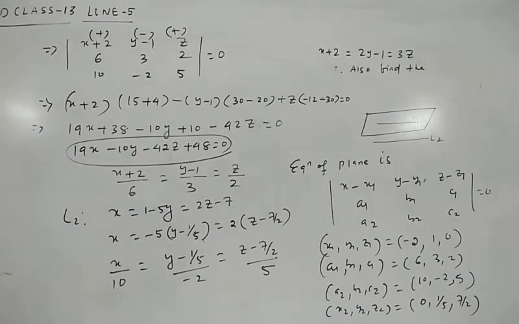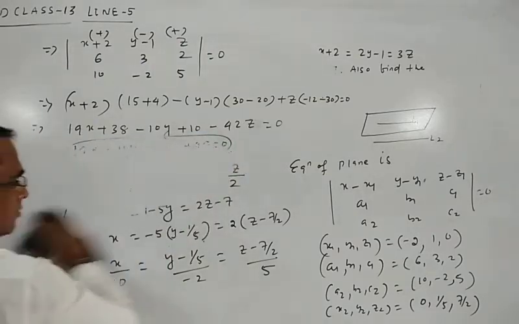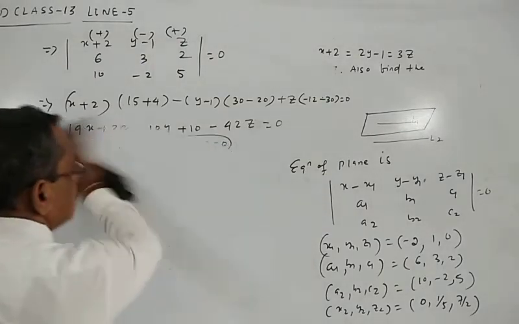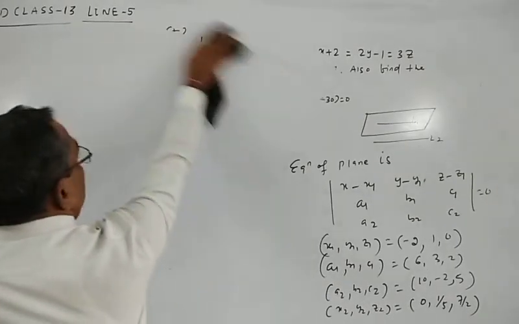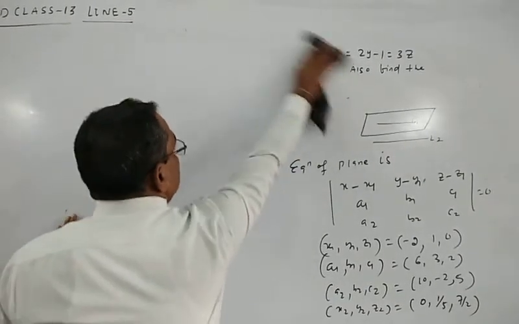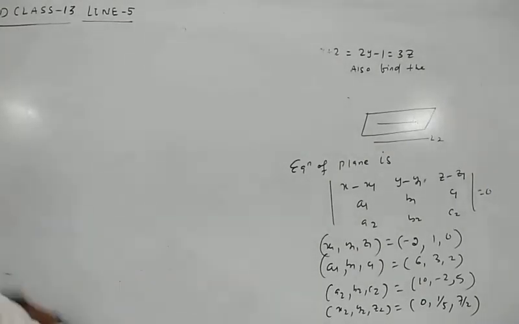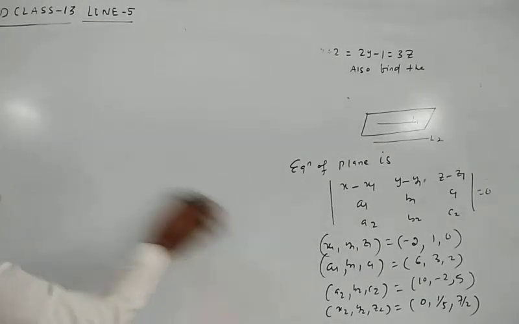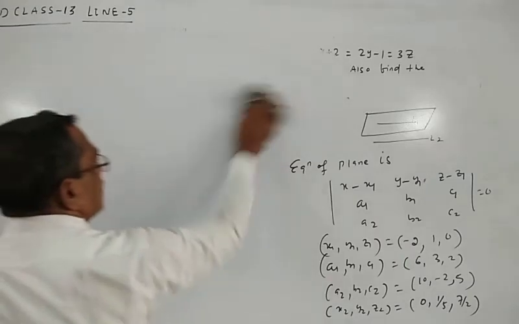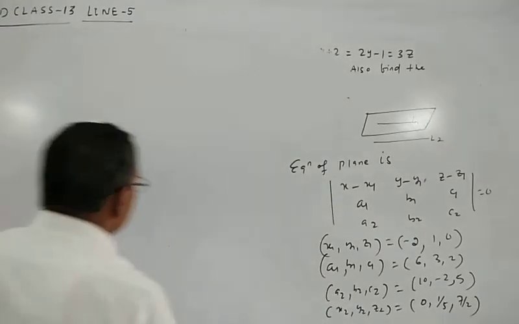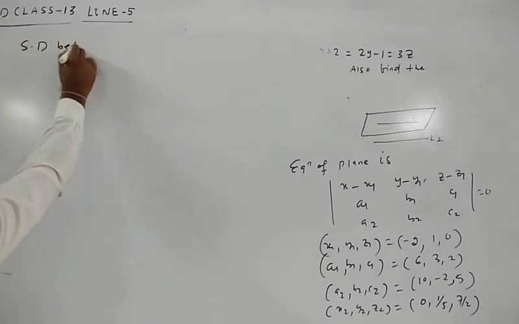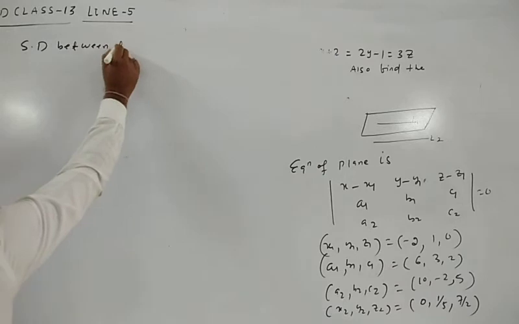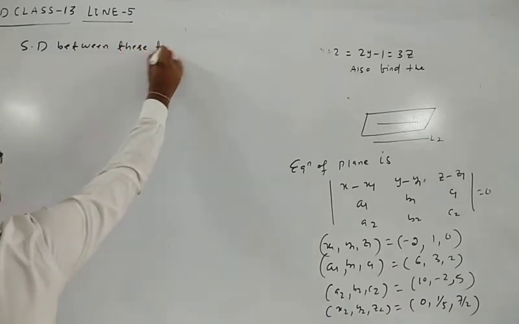Now we find the shortest distance between two lines. Here you can apply the shortest distance formula. Okay, I will use the direct formula in this problem. So the shortest distance between these two lines